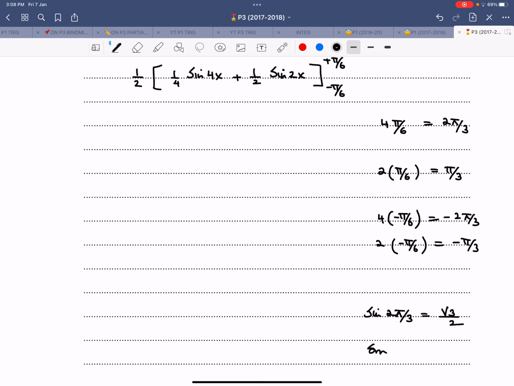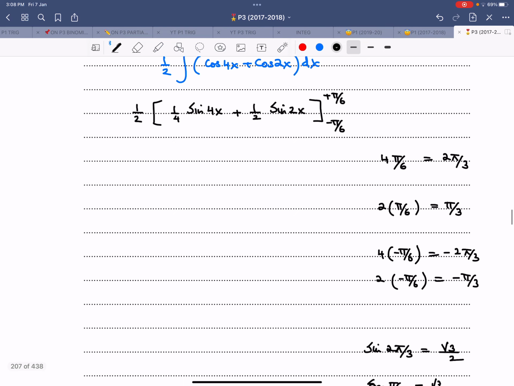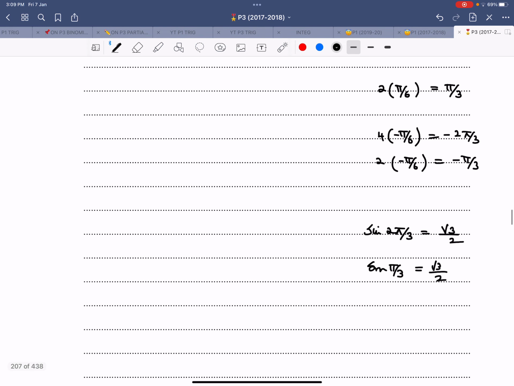Similarly, sine of pi by 3 is root 3 over 2, because sine is positive in the first and the second quadrant. Both the ratios are positive. Similarly, sine of negative 2 pi by 3. Where is negative 2 pi by 3 located? This is 0 till 90, somewhere over here, so that's in the third quadrant. So this would be negative root 3 over 2. And similarly, sine of minus pi by 3 is also negative root 3 over 2.